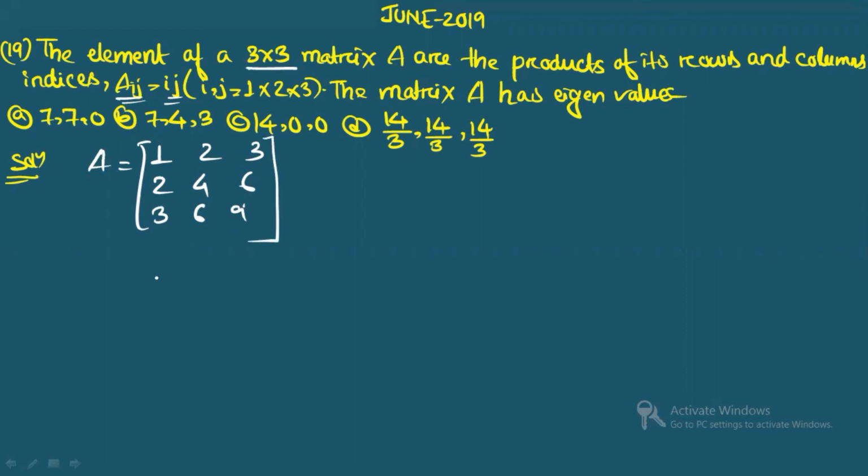Now you will have to find the eigenvalues. So if you see here, the second row and the third row: the second row is twice the first row, and the third is thrice. So whenever you have any matrix in which a row or column is a scalar multiple of another, one of its eigenvalues is 0, right? So the trace here is the sum of the diagonal elements. So it is 14, right? The others will be 0. So the correct option is option C.